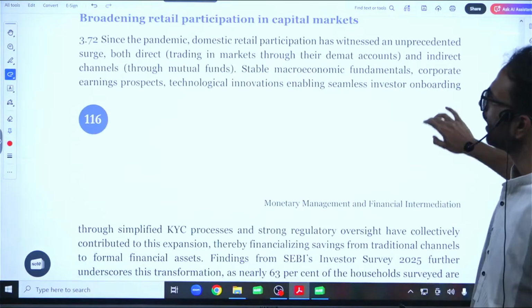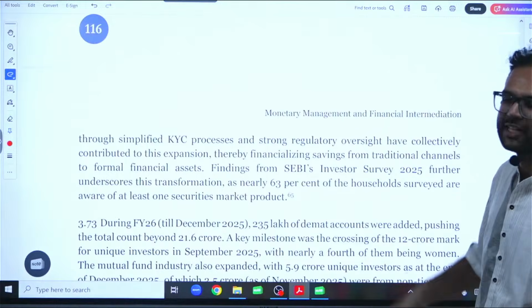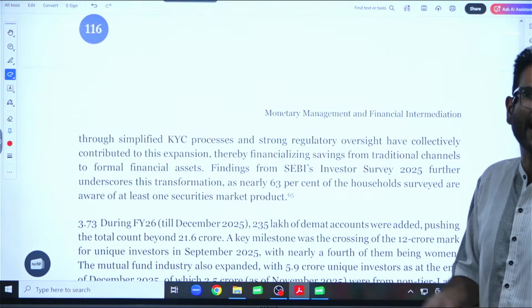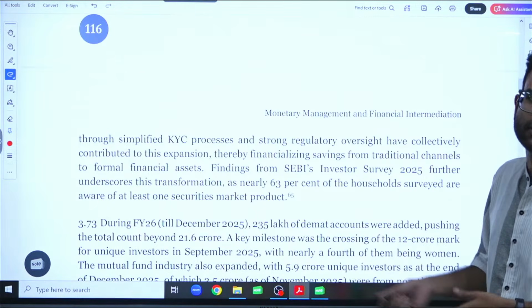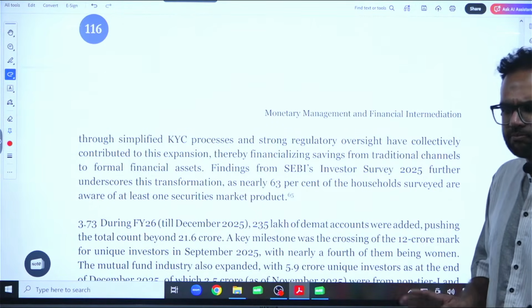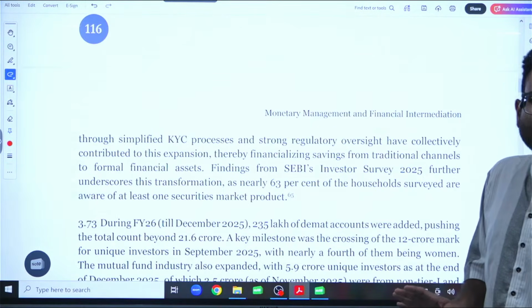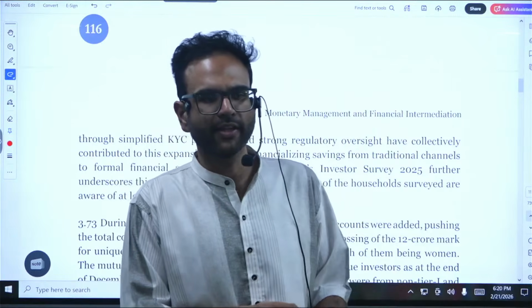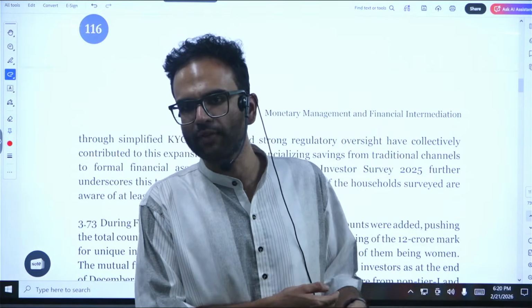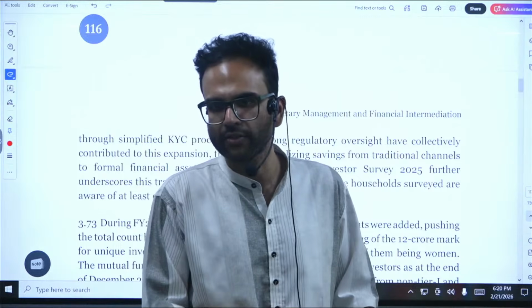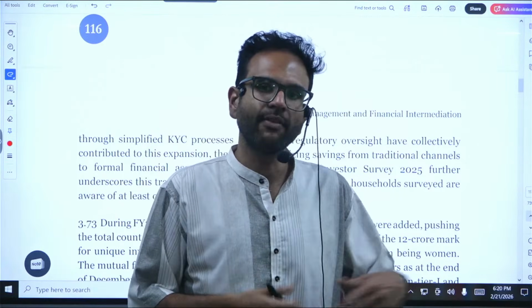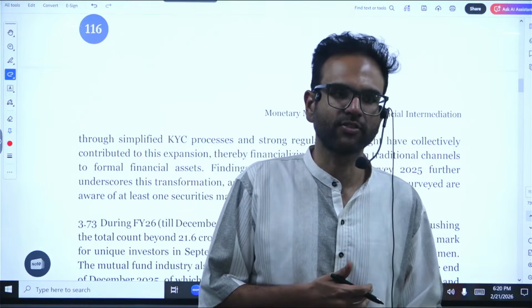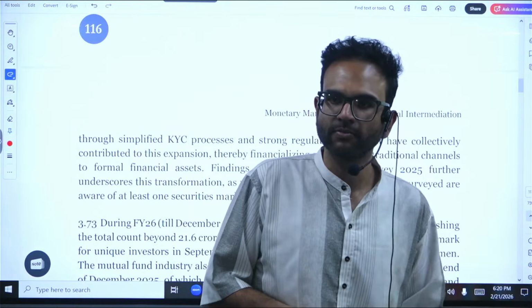And then finally we will have retail participation in markets. Why are they not participating? The bond market is not as attractive as the equity market. Why is it not attractive? Because for companies there is a lot of competition. Reliance says I'll give you 10% interest, and someone else says I'll build the next rocket and I'll give you 200%.